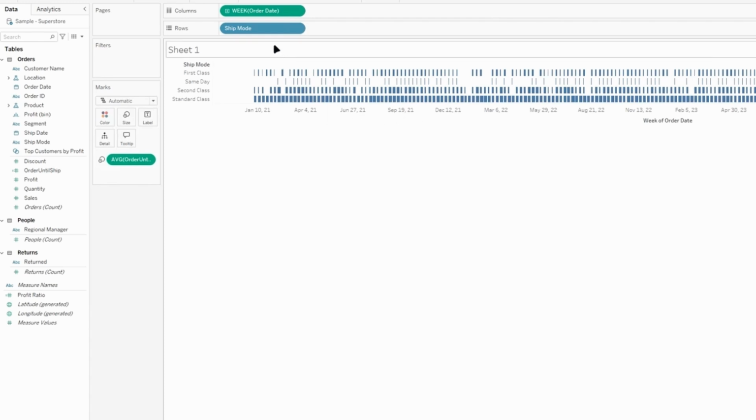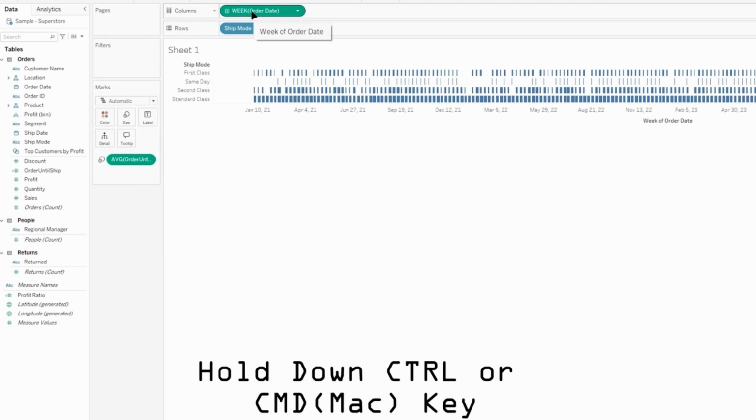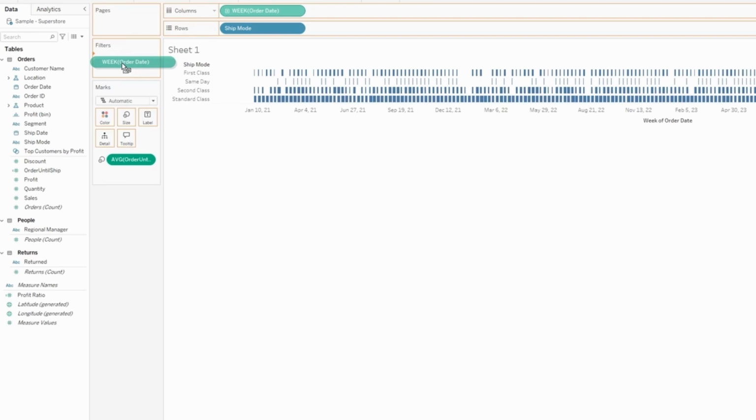To do this, I'm going to use a filter, and if you want to use the same order date value in the filter, you can just hold Control, or Command if you're on a MacBook, and drag that into the filters shelf,